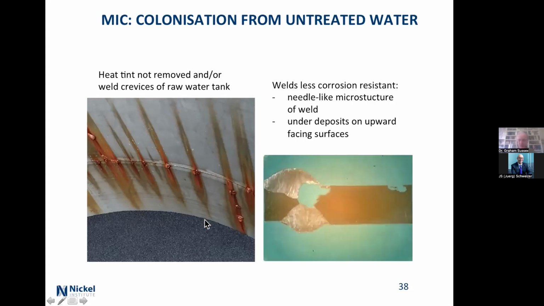This is what happens in the bottom of the tank. If you've got deposits sitting there and you've got a bit too much chlorine or a bit too much chloride under some sort of deposit there, you've got a bit of attack. And here you've got a weld, which is a really weirdo microstructure, all sort of points. So once it gets started to corrode, it gets going down between the grains and it just sort of creeps down like that. This nice flat rolled structure, not nearly as susceptible.